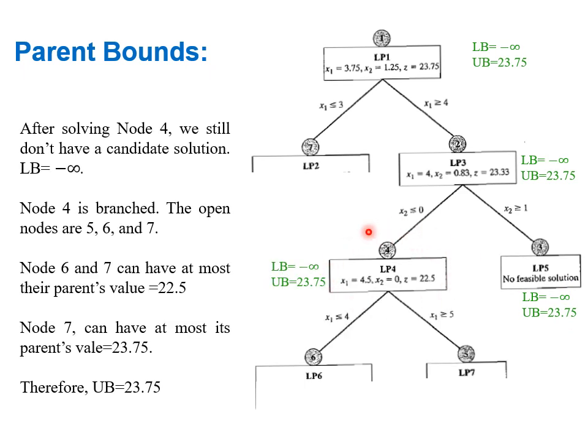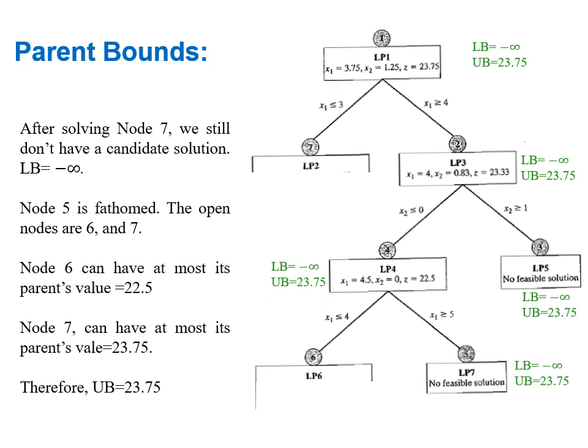In the next step, we solve the problem in node 4, and when we solve it, we found the solution which is not integer feasible, and its objective function value is 22.5. Then at this point, what are the lower and upper bounds? Still, we didn't get any candidate solution, any integer feasible solution. Therefore, the lower bound is minus infinity. And as unexplored nodes, the best that we can get from this side is 22.5. And the best that we can get from this side is given by its parent, which is 23.75. Therefore, the upper bound is